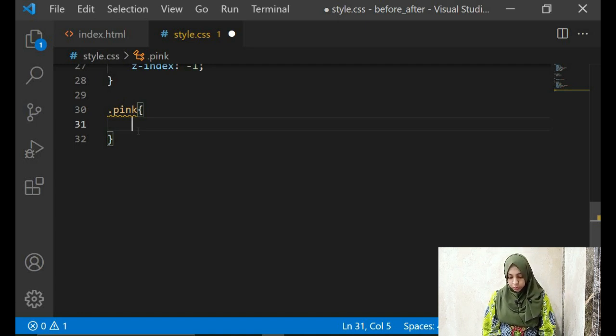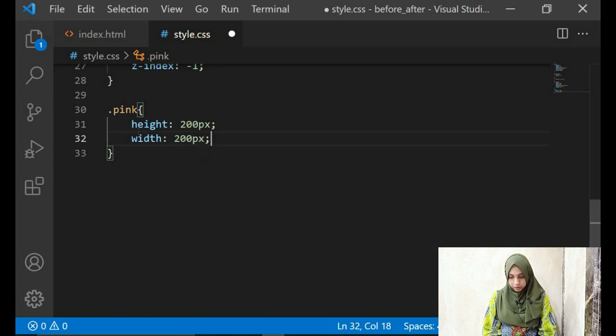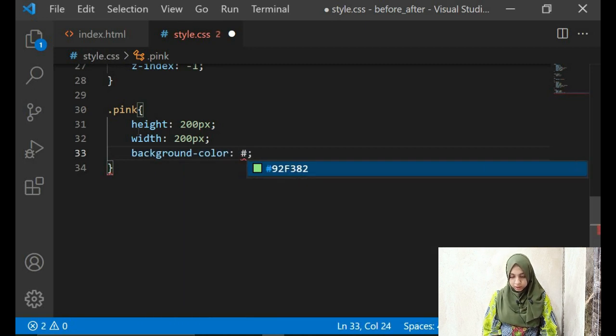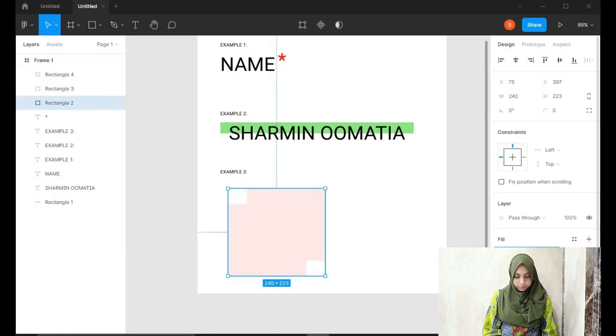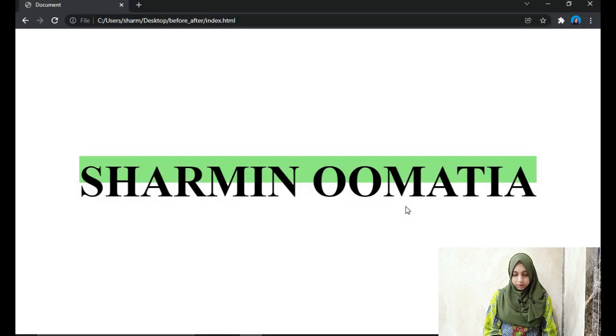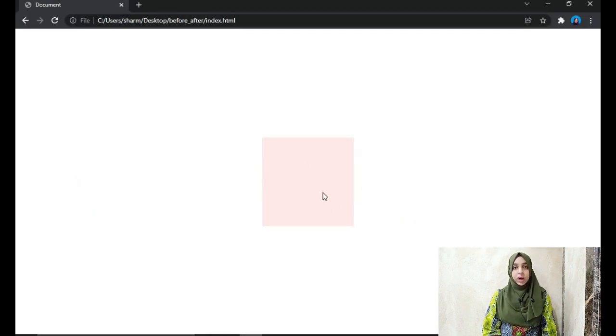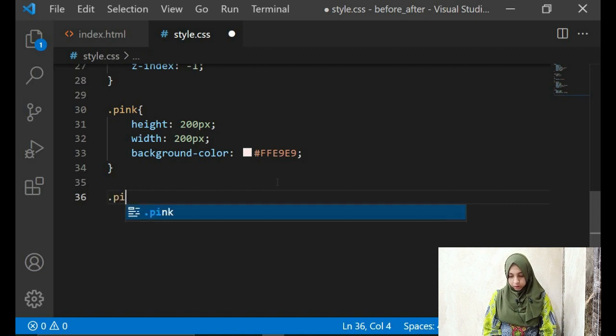Now let's give it a height of 200 pixels, a width of 200 pixels, and a background color of pink. Let's pick the color from here. Okay, and can you see we have a square? So now what we can do is, we can call one before and one after.